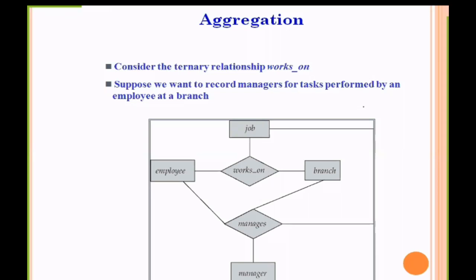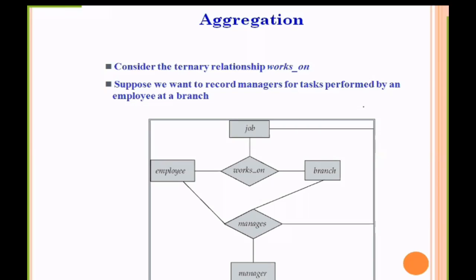Works on is a ternary relationship between employee, job and branch. So a particular employee is working on a particular job with a particular branch. All the necessary entity sets are involved in this particular relationship.